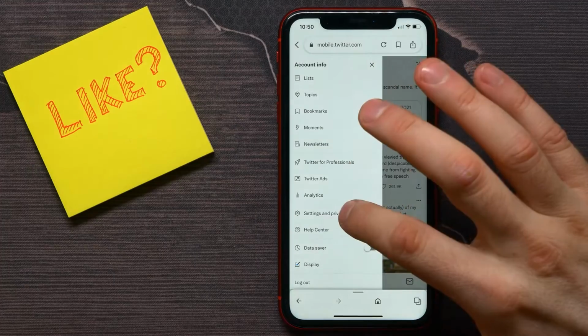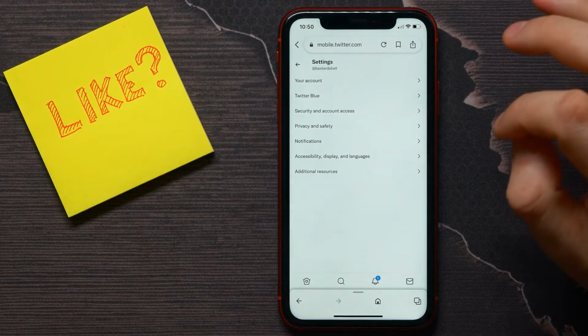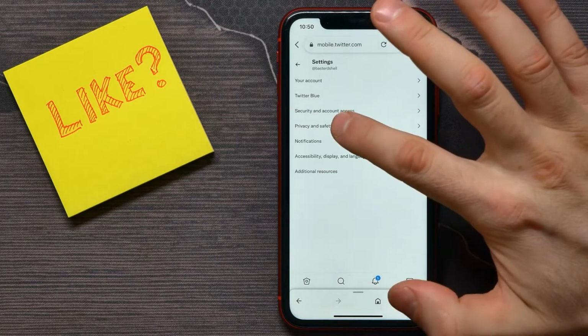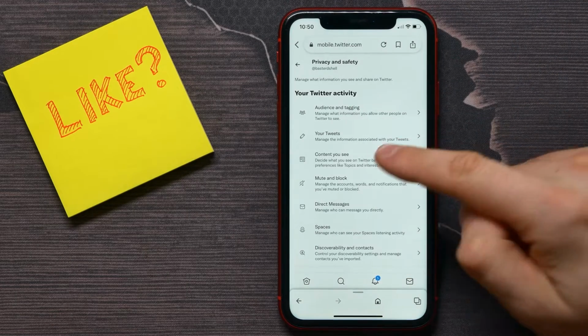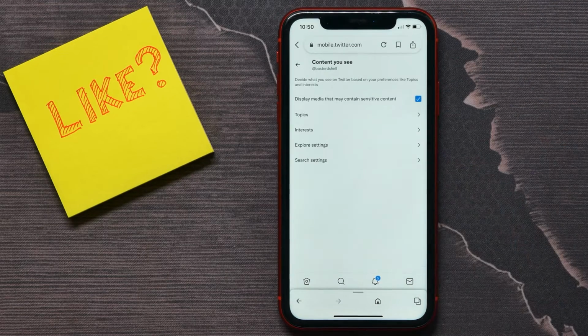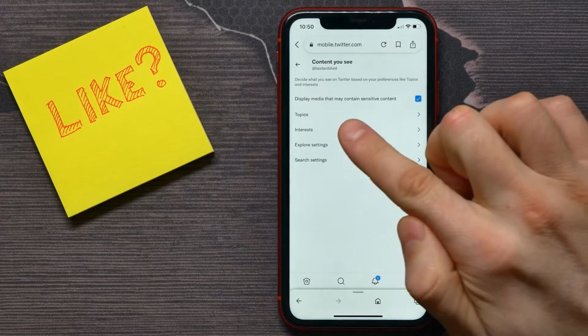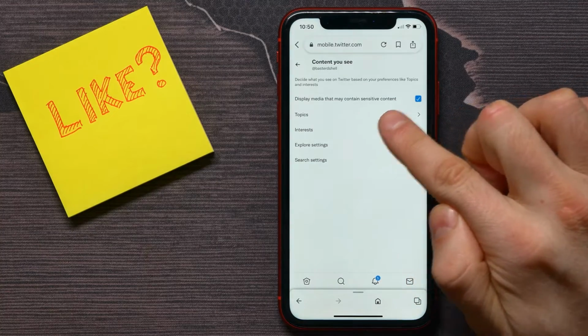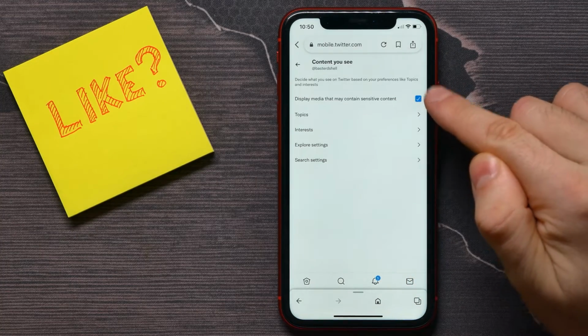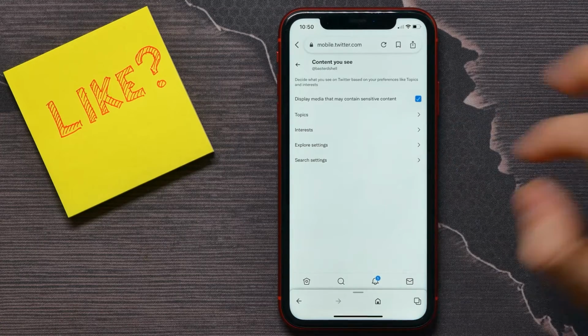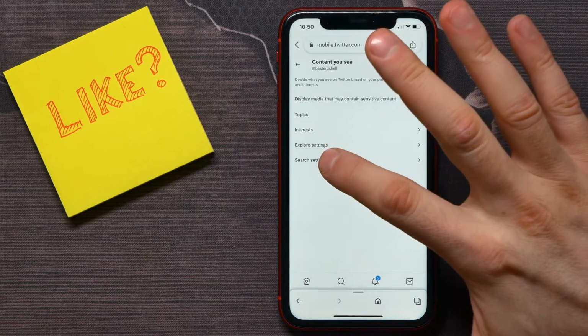There select settings and privacy. After that, select privacy and safety. There tap on content you see. Here make sure that display media that may contain sensitive content is enabled, like that, and then tap on search